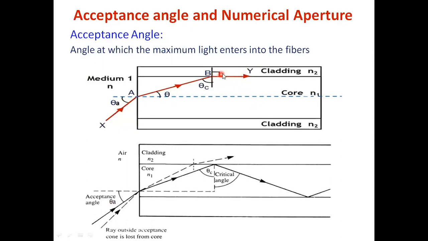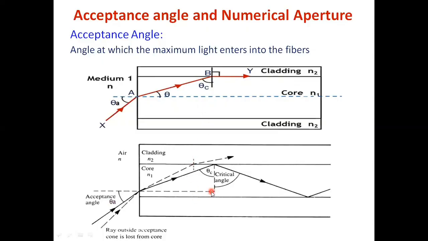It is not internally reflected back, it is not refracted into the cladding medium, it only travels along the interface of two different media. That is why the angle theta C is known as the critical angle, as shown in